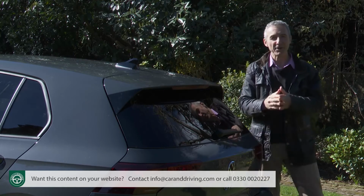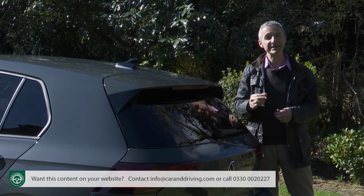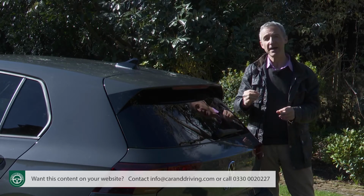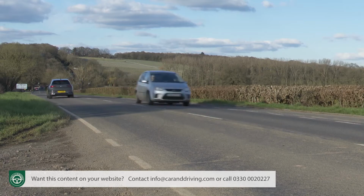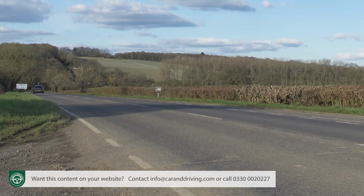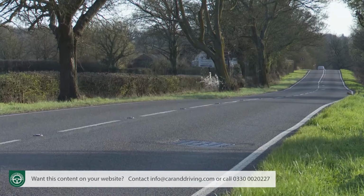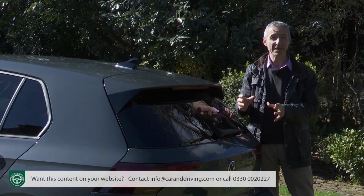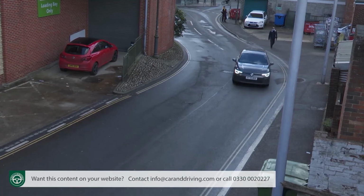Also now standard on a Golf GTE is a bit of technology that Volkswagen is very proud of. It's the Travel Assist setup, which enables so-called Level 2 autonomous driving at high speeds. This is a camera and radar sensor controlled assistance system that will autonomously accelerate, brake and steer your Golf while maintaining a safe distance to the vehicles ahead. It's basically a development of the previous traffic jam assist system, which could accelerate, brake, steer and maintain distance to the vehicles ahead too. But whereas that